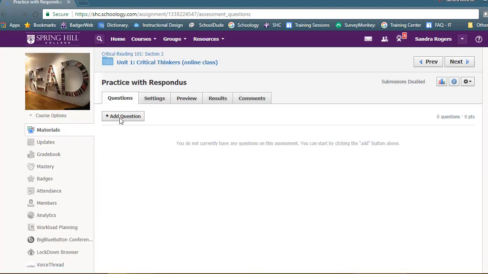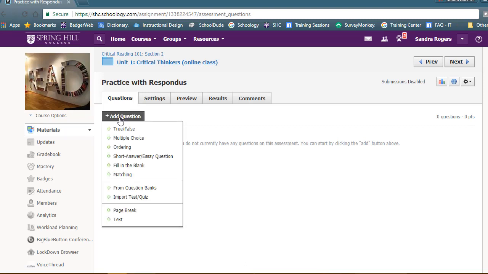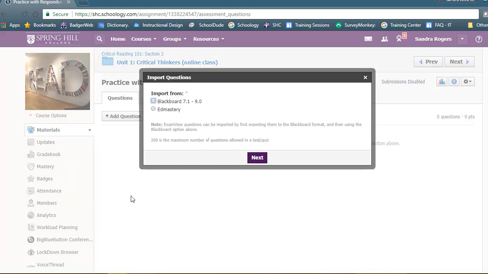And so under this menu of add questions, you can actually go and import test or quiz. Now if you had them from your question banks, you would pull them from here. But right now we're going to go get that file from our desktop, or from our computer. We select the Blackboard.